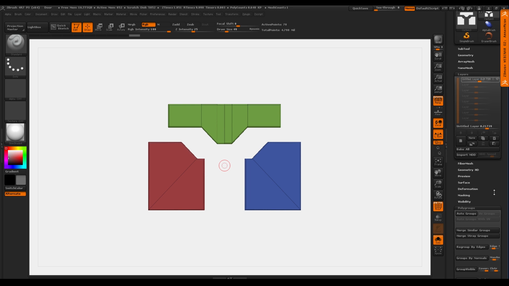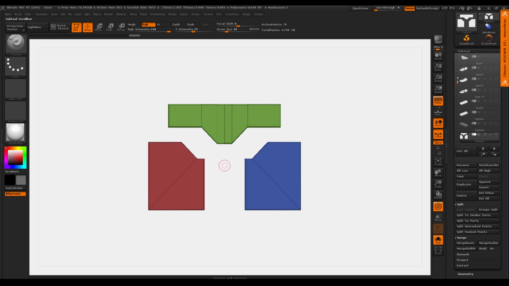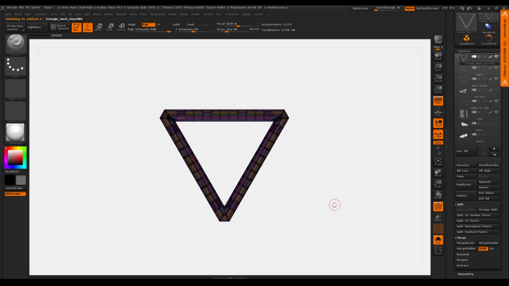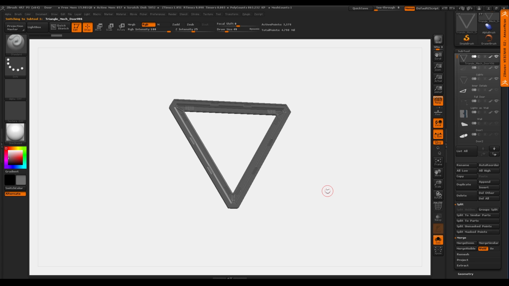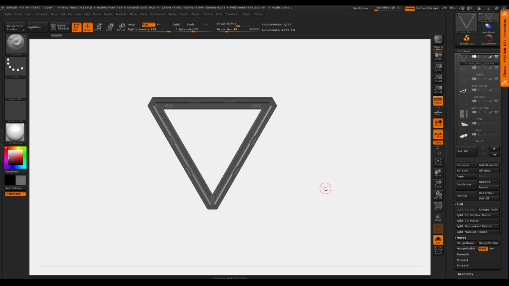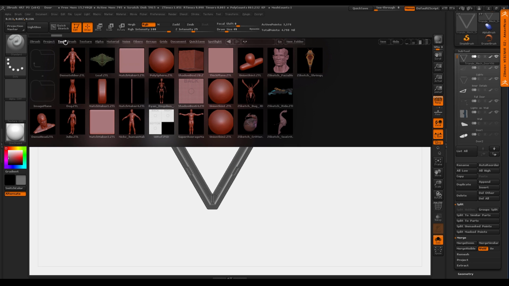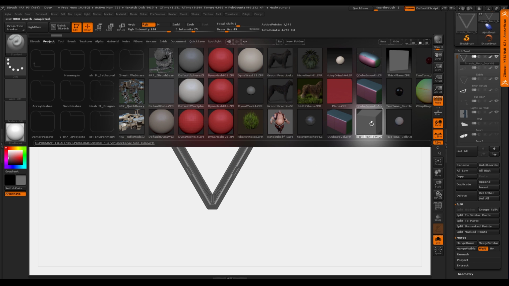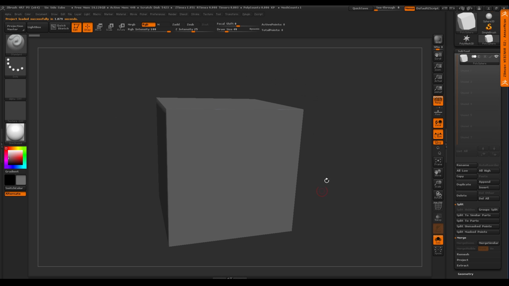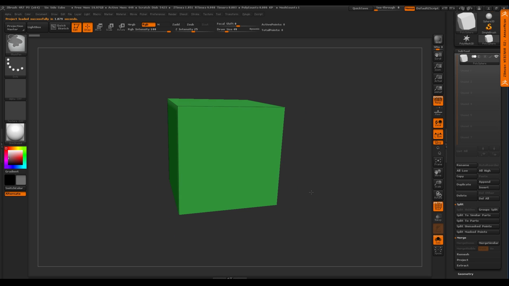So this was helping me when I was building, again, back to this piece here, this little triangle piece. When I was building this, I started putting the doors in and figuring out how that whole thing would look together. So let's take a look at how I made this piece and how I'm using array mesh to do it. Okay, so I've saved myself a project in here that I always tend to start with, which is a 6-sided cube. I like to start with this. It's just something very simple, clean, easy to use, all right?